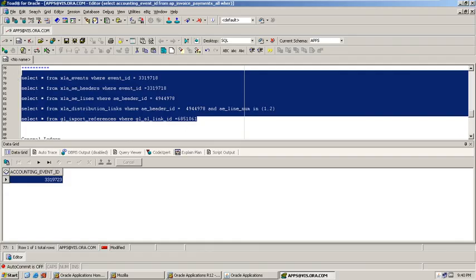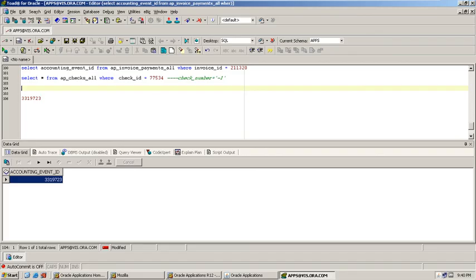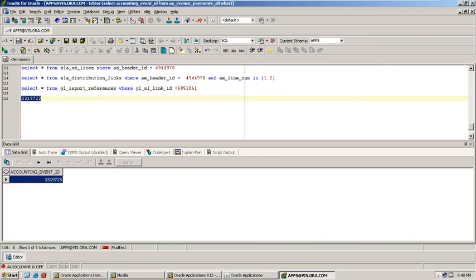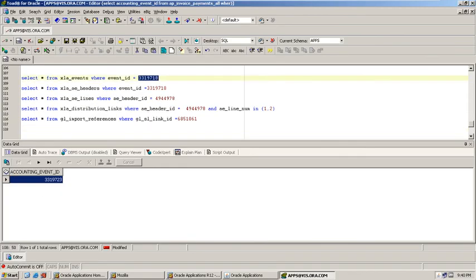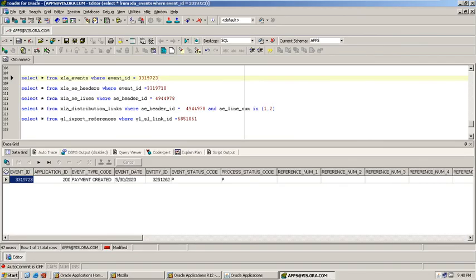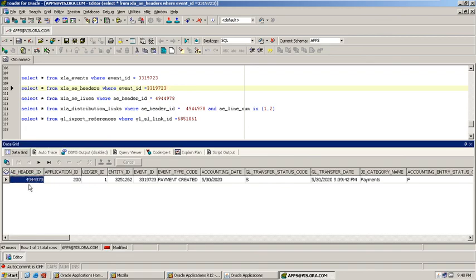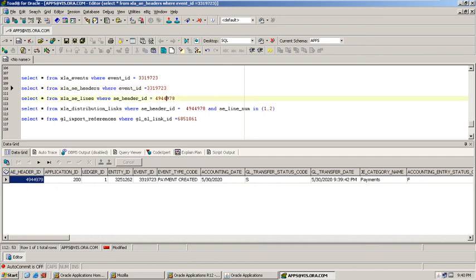You can copy these and paste. Event ID is this one, 331973. Event ID is this one, and event ID this one. Here AE_HEADER_ID. What is the AE_HEADER_ID? 4944979.